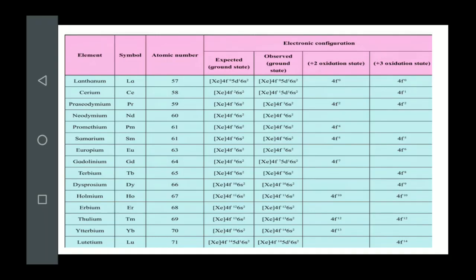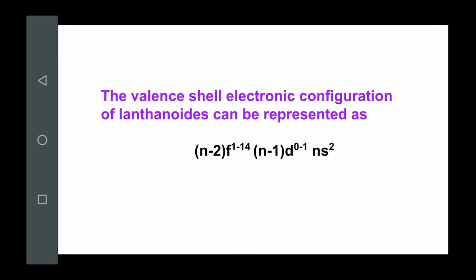Okay, we know that exactly half filled orbitals give extra stability to the atoms. So to achieve that extra stability, one of the electrons goes into the 5d orbital. Now this is the valence shell electronic configuration of lanthanoids, which can be represented by the given formula, where n